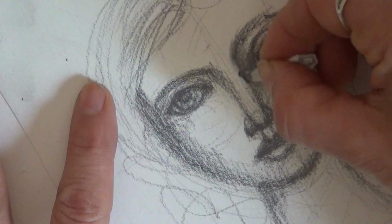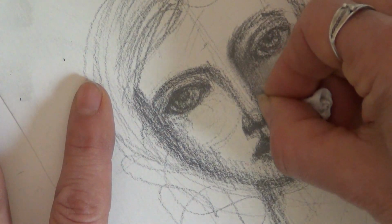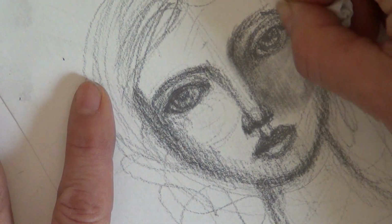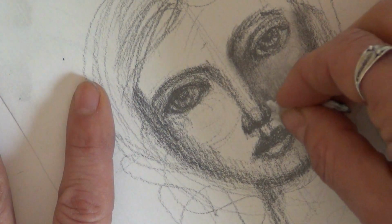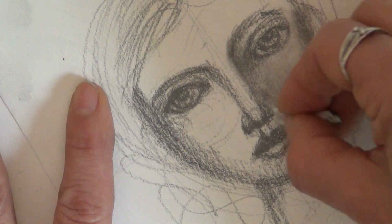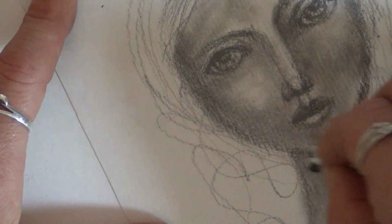And so again, some people do use their fingers for this, but to me, I can always tell when my students do it, which is something that I always admired about my professors in school, that they'd be able to tell what students did. And it's kind of fun that I can tell now when my students tell me, no, I didn't blend with my fingers, and I'm like, yeah, you did, and then they tell me they have, because it just has more of a yellowish quality, a little bit oily when you use your fingers. The other thing too is it does make it harder to erase, because you've got oil that you have to contend with. Right now, we just have pencil dust to contend with. So anything that I want to erase will be easy to get off. Okay, so